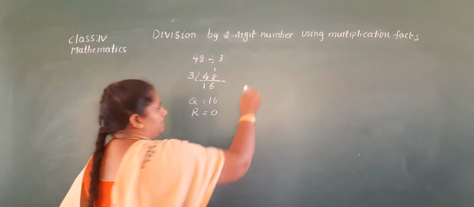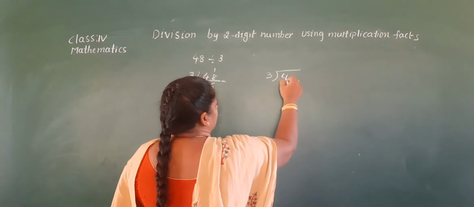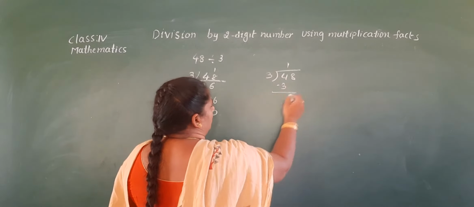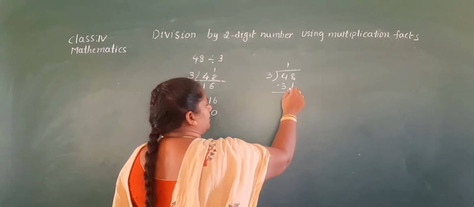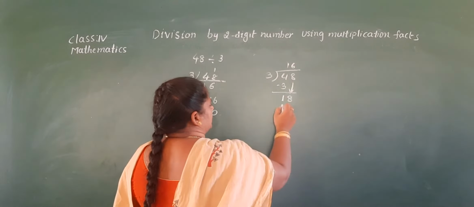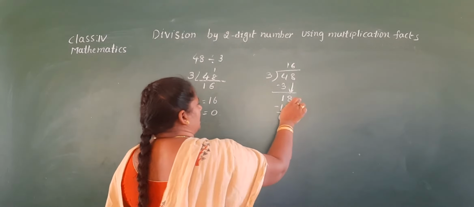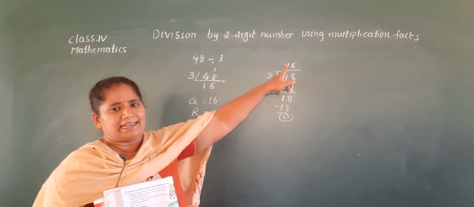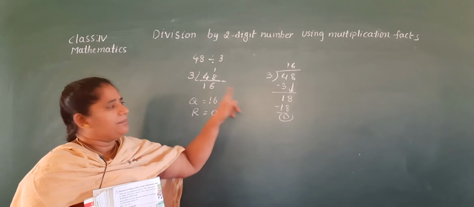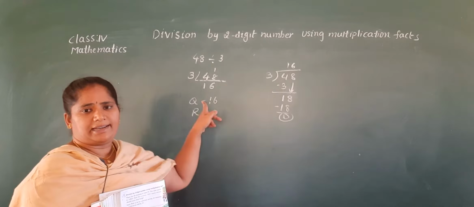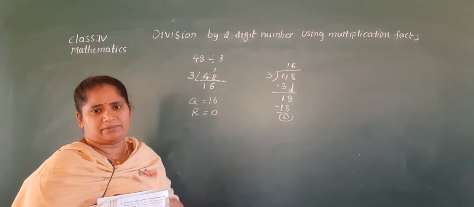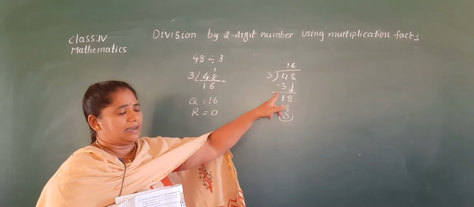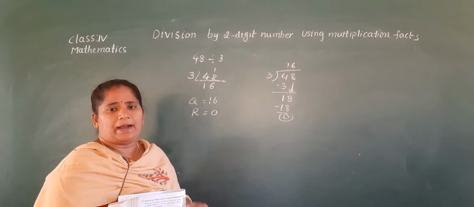And in the long division method we do it directly. So 3 ones are 3, 4 minus 3 is 1, take down 8, 3 sixes are 18. So this is the long division and this is the short division. Okay ma? Here we write the quotients directly. This process we can't write here, so it is called the short division method. We calculate this one in our mind only.